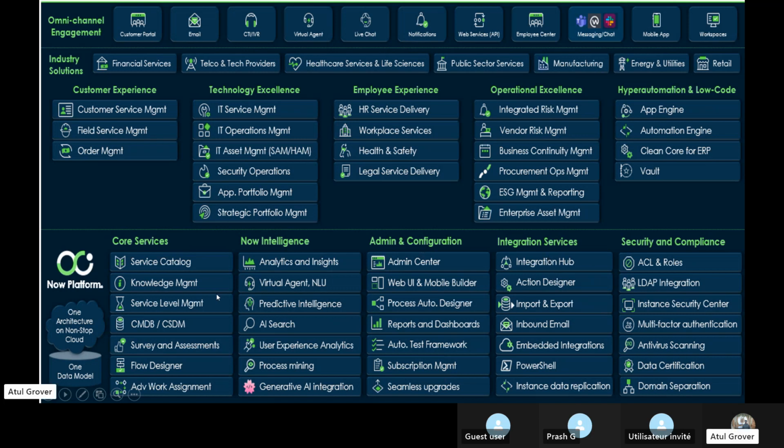Do you know how many products or applications ServiceNow is selling? I'll show you.